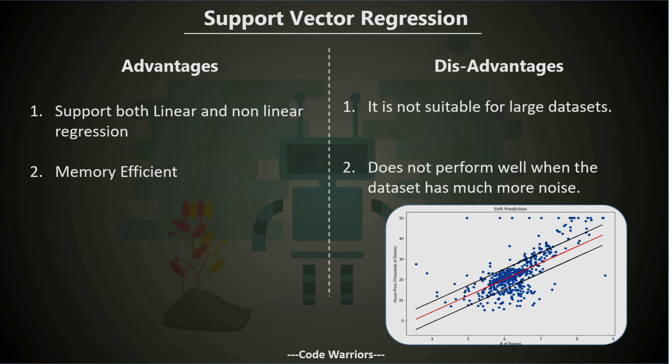drawbacks: it's not popular nowadays and not much used nowadays. The first disadvantage is that it is not suitable for large datasets. Why large datasets? As the dataset increases, the number of data points also increases. You don't have to account for all the data points between the boundary line, but you need to worry about the outliers. A data point can possibly become an outlier and go out of the tolerable rate, which will reduce its accuracy.